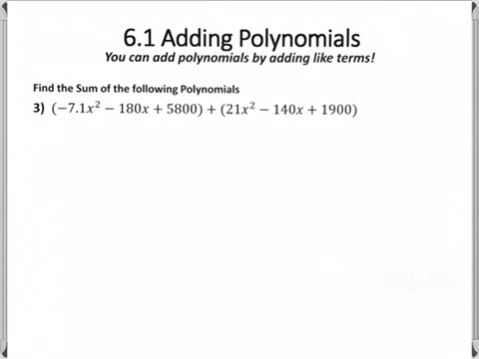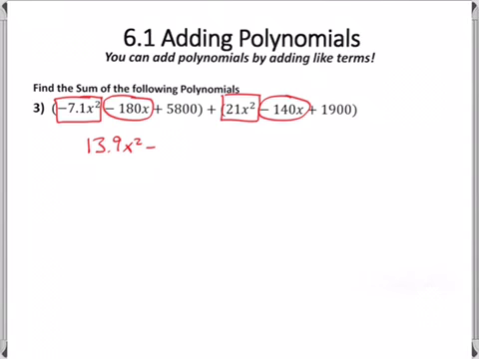Example 3, same idea. Continue combining like terms. We've got negative 7.1x squared minus 180x plus 5,800 plus 21x squared minus 140x plus 1900. So we've got like terms in the x squared and the x squared. So we've got negative 7.1x squared and 21x squared, which gives us 13.9x squared. Then we've got negative 180x and negative 140x,